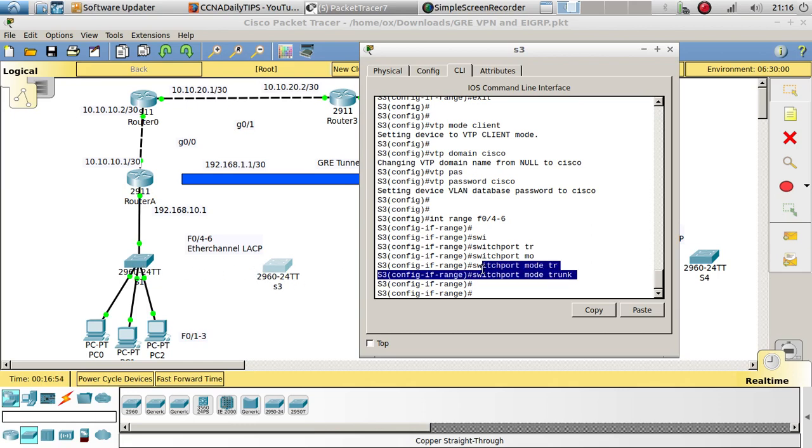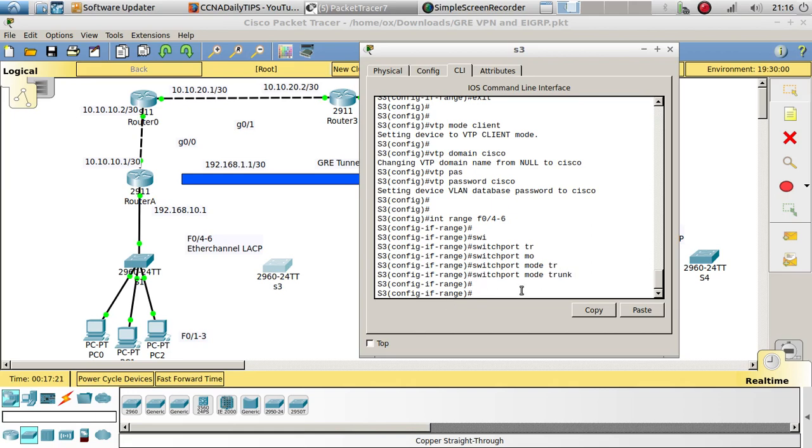So I want it to be a trunk link, even though if you only want VLAN 10, we can also make it an access port and assign it to VLAN 10. But we're just going to leave it a trunk, just in case we want to add more VLANs. So let's leave it like a trunk like this,